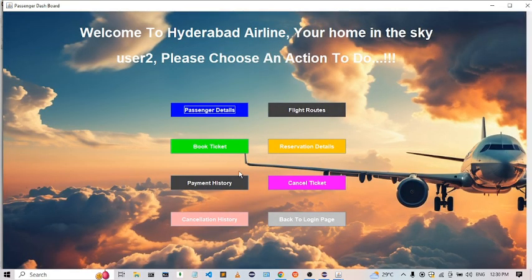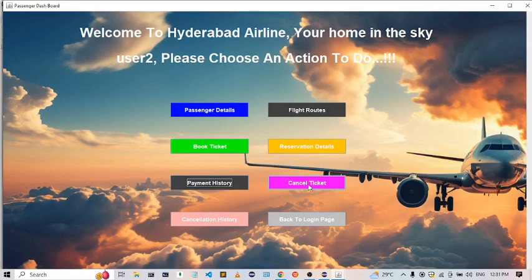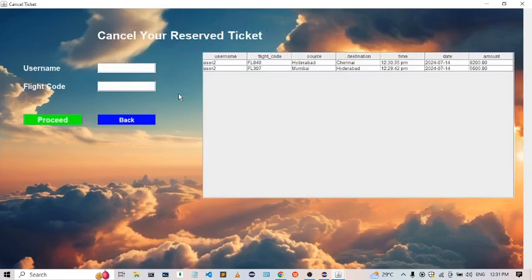If the user wants to see the payment history, then he can view it by clicking here. He has paid for two tickets with the flight codes FL048 and FL307. And if any user wants to cancel a ticket for whatever reason, then he can click cancel ticket. He can cancel the ticket by clicking the cancel ticket button, and upon entering the username user2, then the flight code,